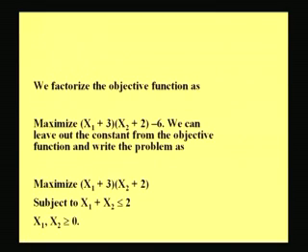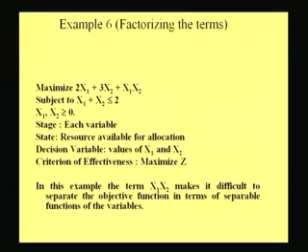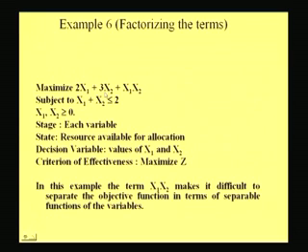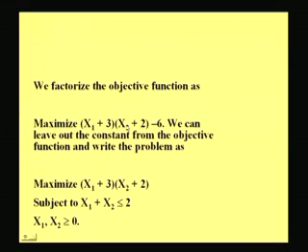Now to overcome this, what we do is we try to factorize the objective function in this case. Now 2x1 plus 3x2 plus x1 x2, what we can do is we can add a 6 and subtract a 6 from this. So if we have 2x1 plus 3x2 plus x1 x2 plus 6 minus 6, and we take only these three terms and a plus 6, we realize that we can factorize it, and on factorization we will get (x1 plus 3) into (x2 plus 2) minus 6,